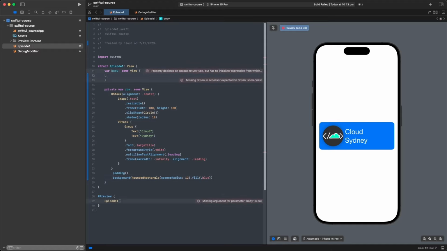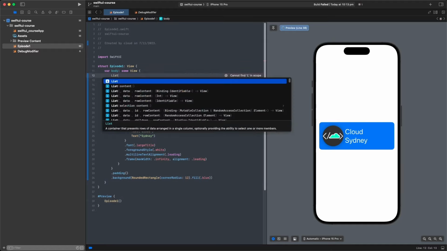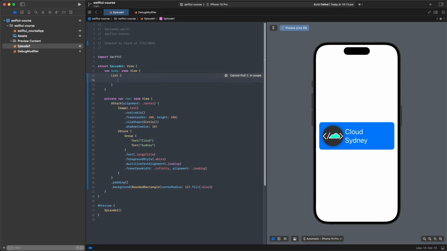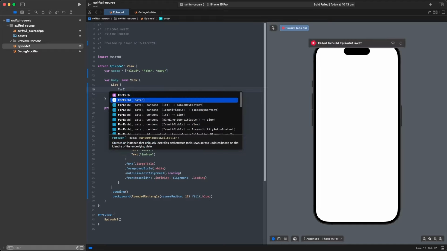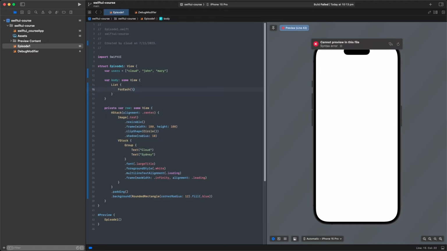And then the next thing we'll be looking at is actually list. So like this, and what we'll do is create a list of users. So we'll have me, John, and Mary. So another super useful view in SwiftUI is called ForEach, and basically it loops